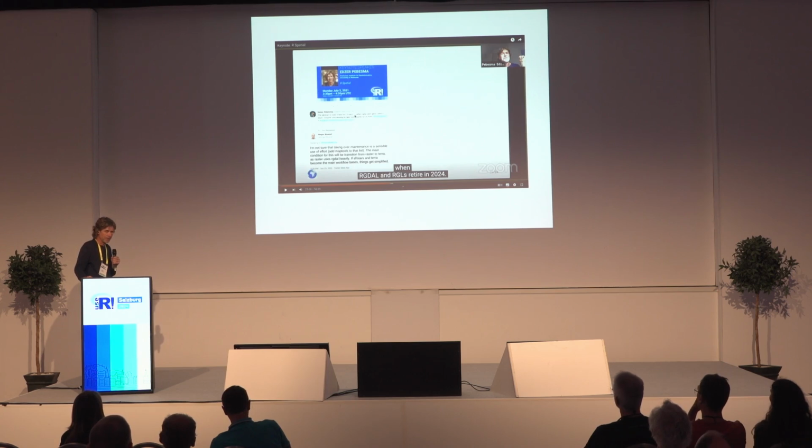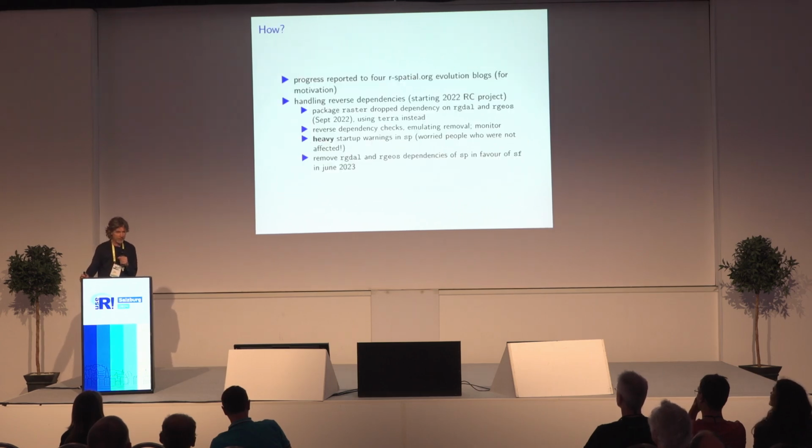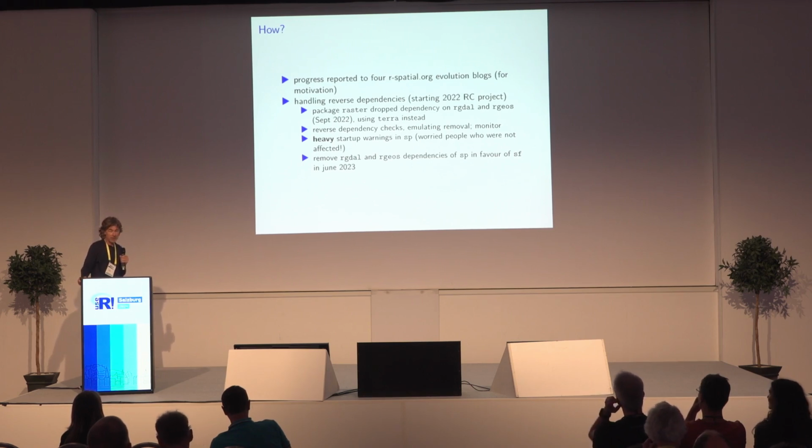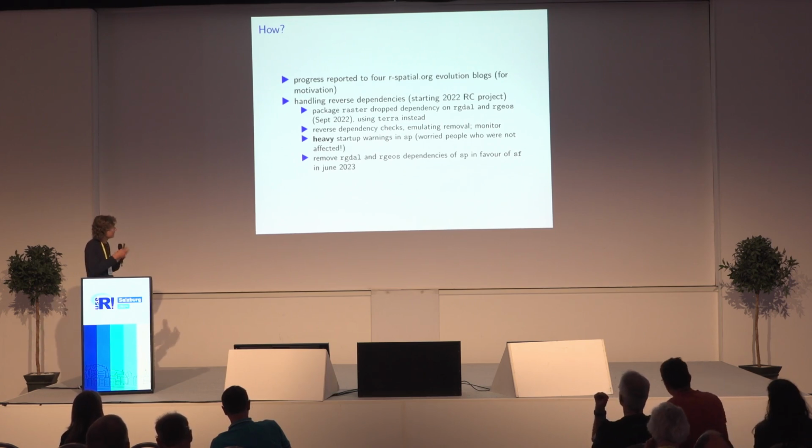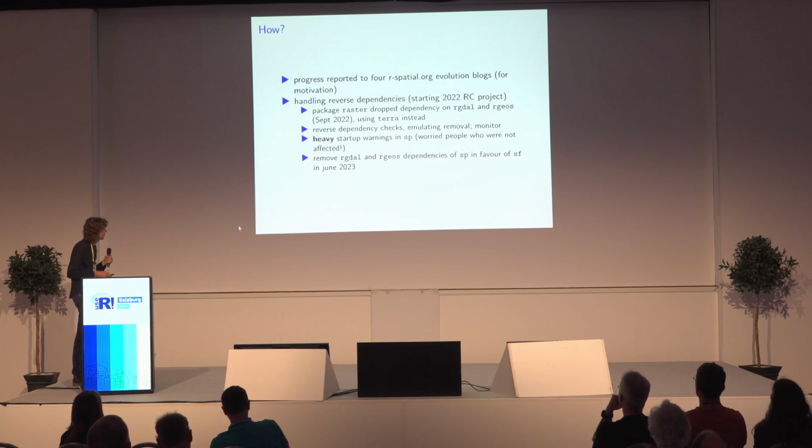So then we decided, in 2021, we announced that this was going to retire in 2024. It happened to be the end of 2023, the final retirements. How did we do that? We try to interact a lot with users, with end users and package developers that were affected. We reported our progress on our spatial evolution blogs. There are 4 of them, where the different stages of what we did were reported and the reasons were explained. And we try to handle reverse dependencies in the sense of minimizing